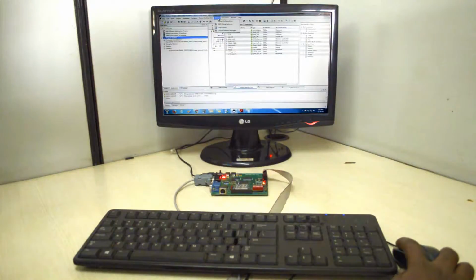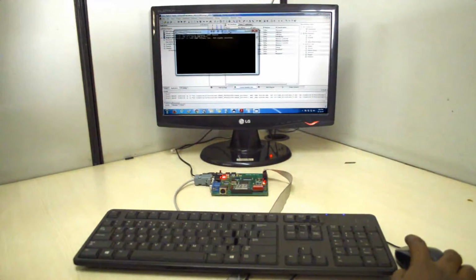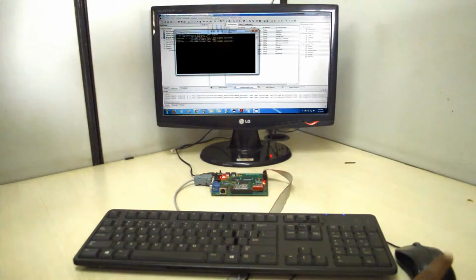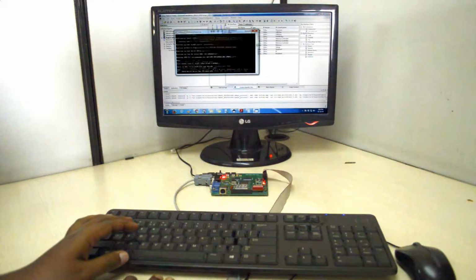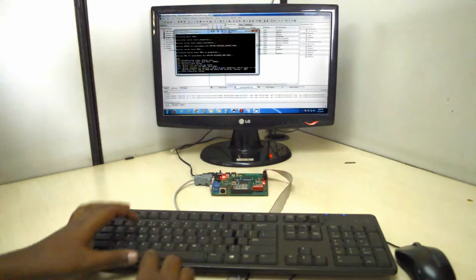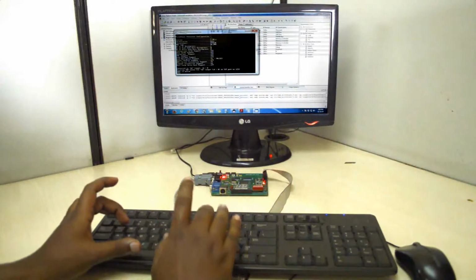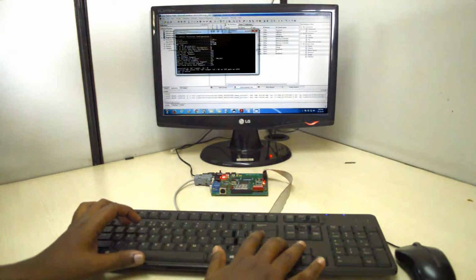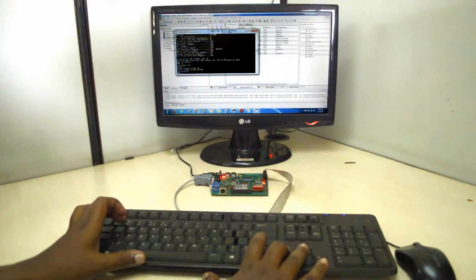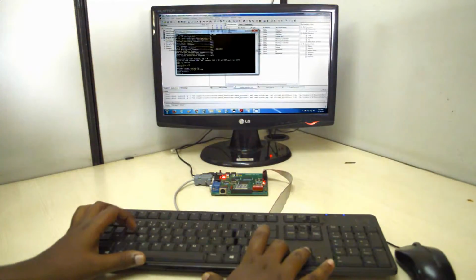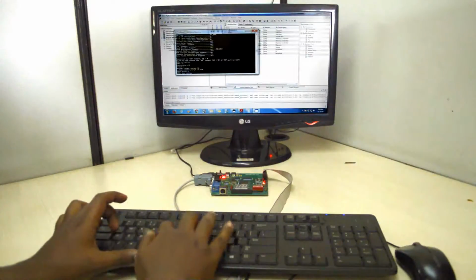Now under debug, go to launch XMD. Here we have to open the median filter executable linker file directory, that is cd space median. In this directory we have a list of files. We can check that using the ls command. Under this we have to download the executable.elf file, that is by using dow space executable.elf.